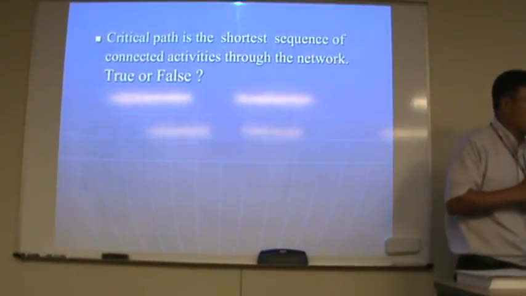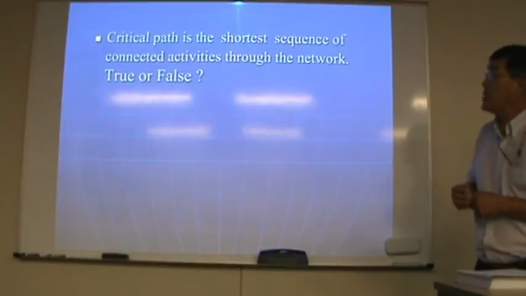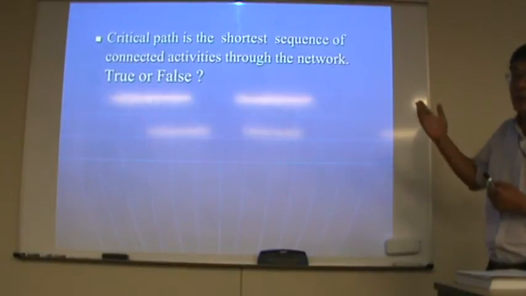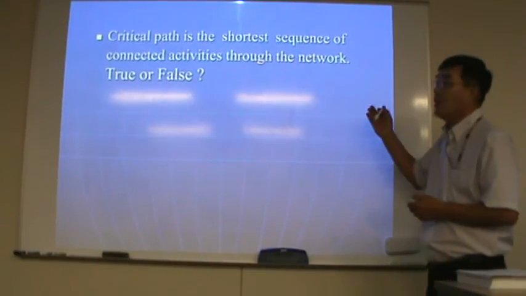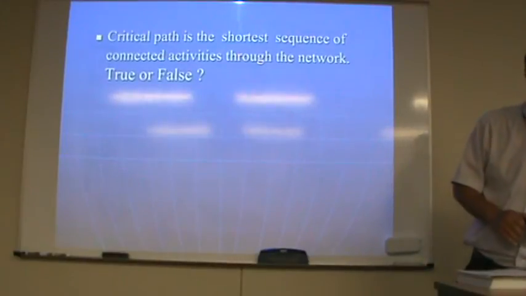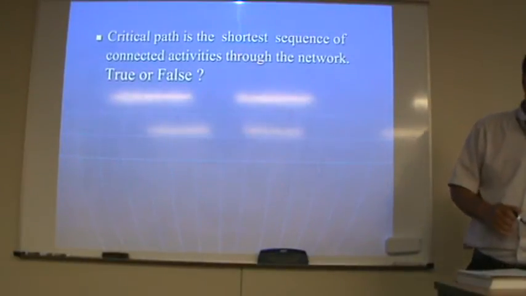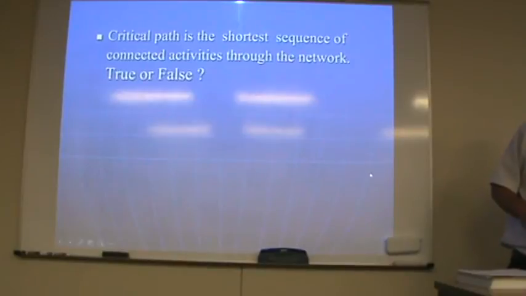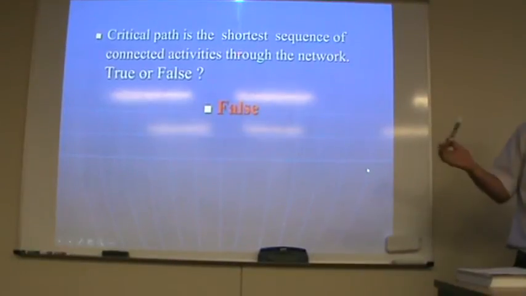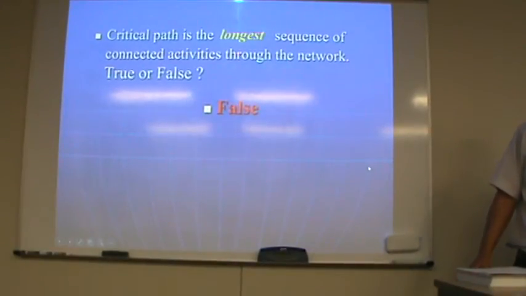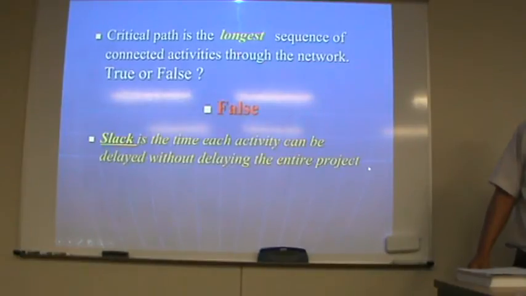False. Critical path is the shortest sequence of connected activities in the network. True or false? False, because it's the longest. So the answer is false because of this. And next one,